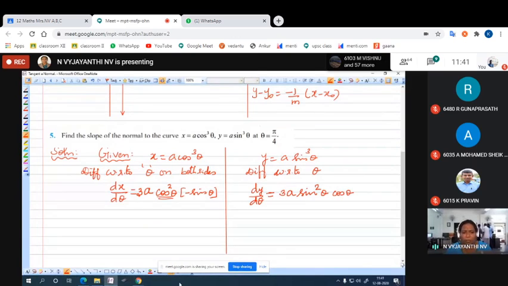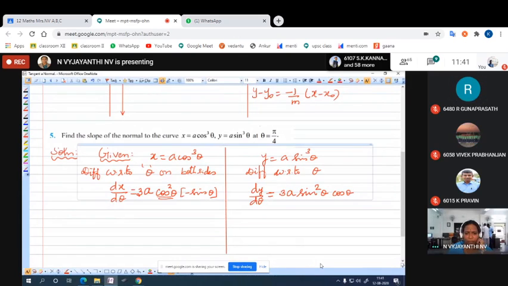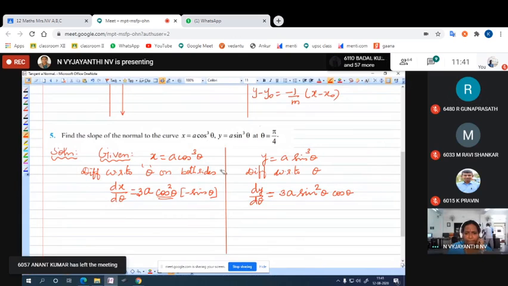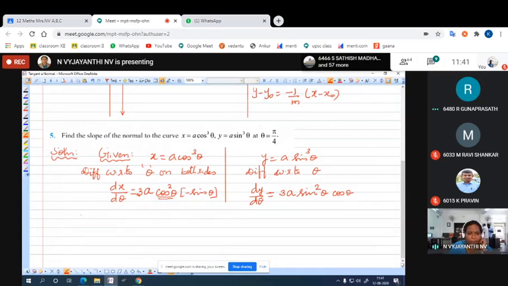Do any of you have doubt in differentiating cos cube theta and sin cube theta? No, ma'am. Shall we move on to the next step? Yes, ma'am. So next, by the formula of parametric form, dy by dx is equal to dy by d theta divided by dx by d theta, which gives